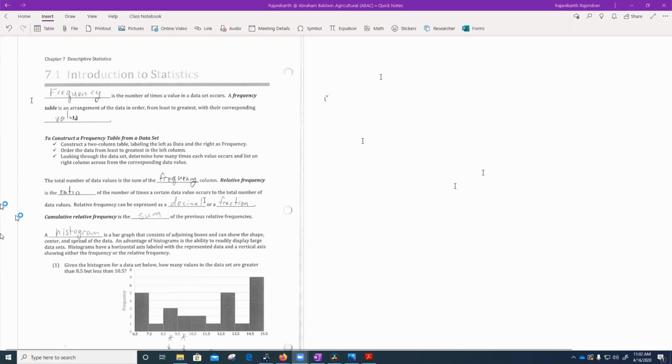So look at the definitions given here. The frequency is the number of times a value occurs in the data set. So you will be given some data sets, right? A data set is the numerical values which are given. Okay, so for example,